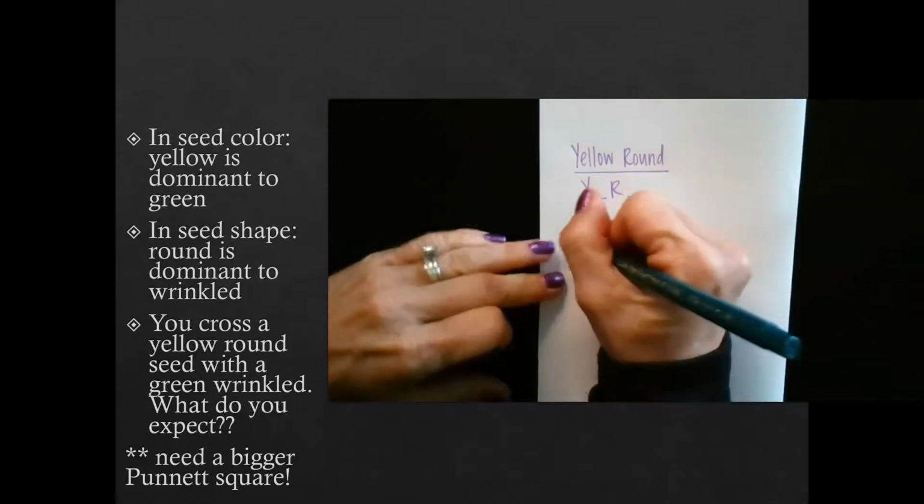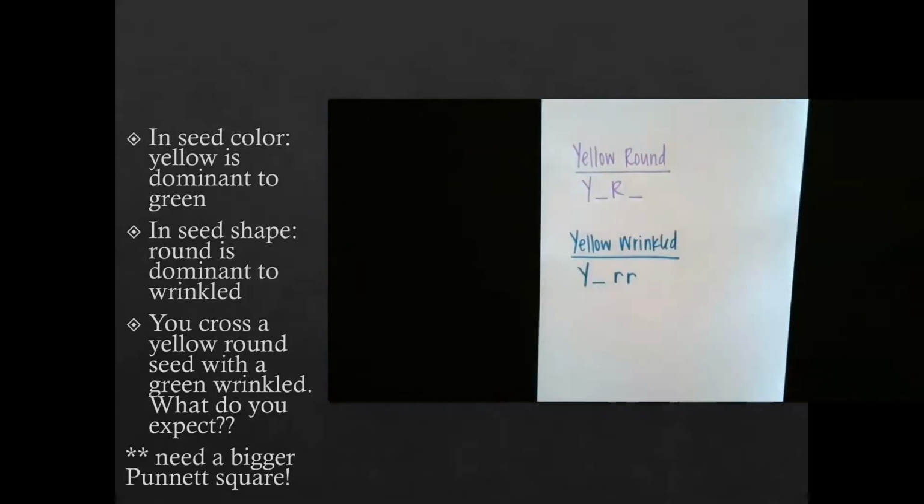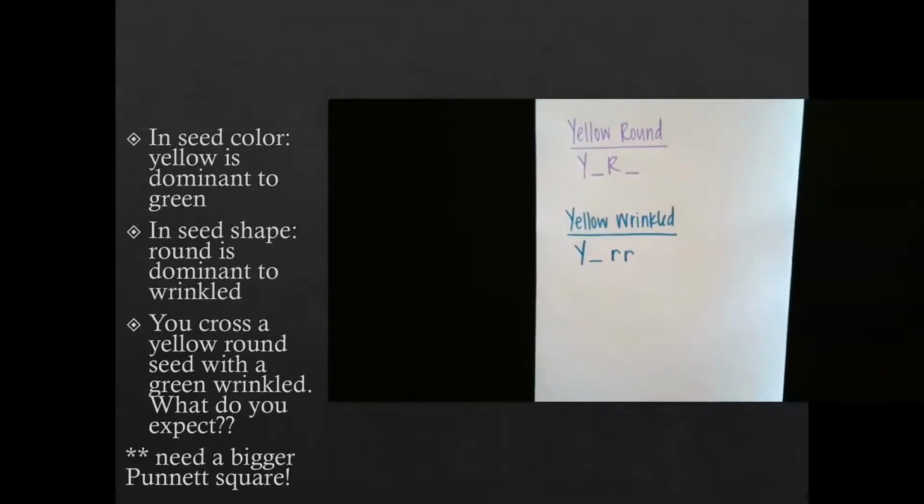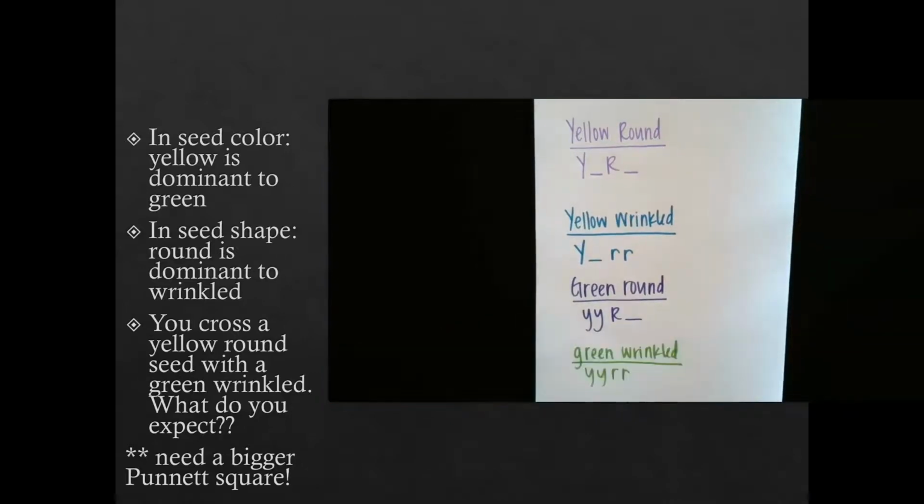I'm going to have yellow wrinkled, which will be big Y blank and two little r's. I'm going to have some that are green and round. And lastly, I'm going to have some that are green and wrinkled. So what I'm going to be doing now is going through my Punnett square and keeping track of what